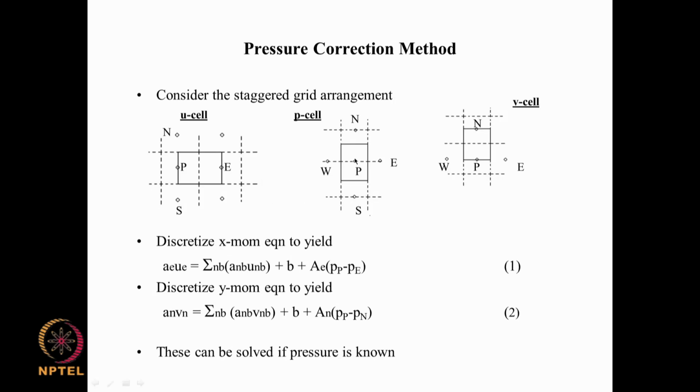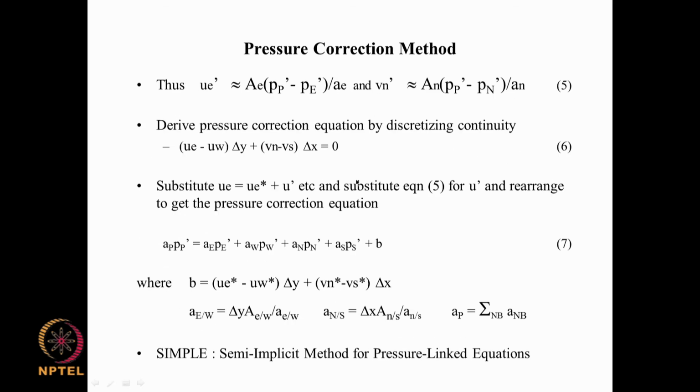We are saying that the continuity equation dou u by dou x plus dou v by dou y is being evaluated over this cell. So, dou u by dou x is this velocity minus this velocity. This velocity is u e, this velocity is u w. Both e and w are small letters indicating the faces of this particular cell. And similarly, dou v by dou y is given by the vertical velocity at this point, which is v small n, minus v small s here. So, that is what we have written here.